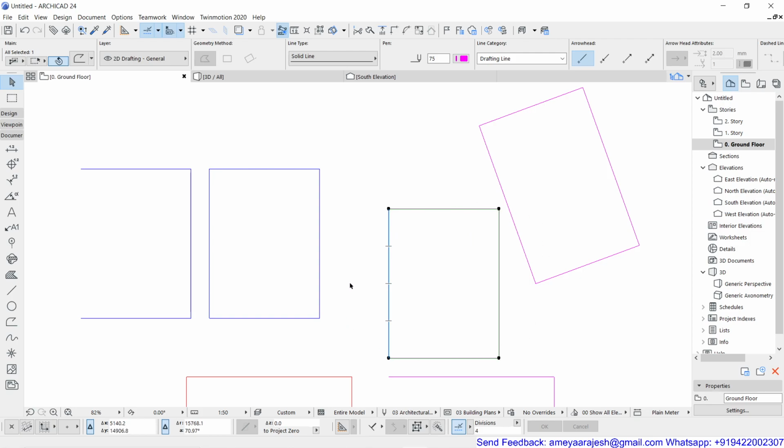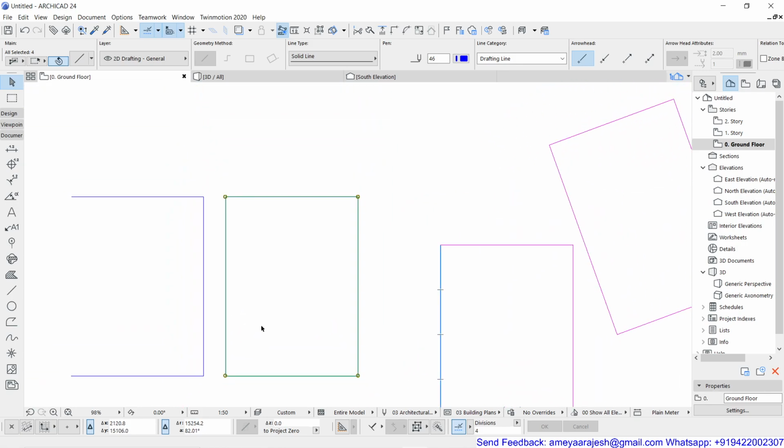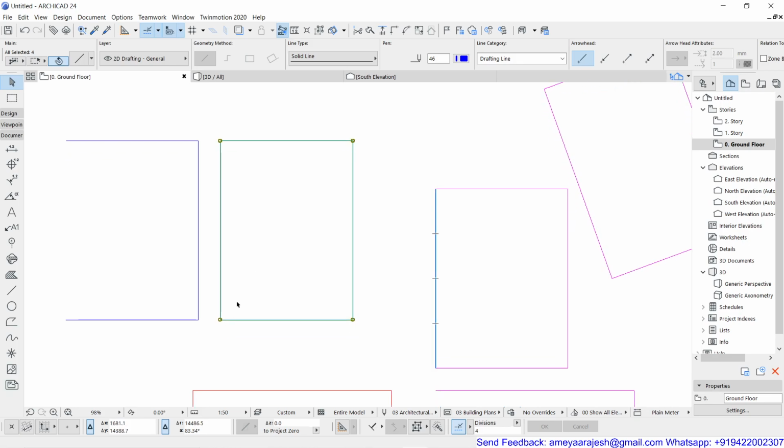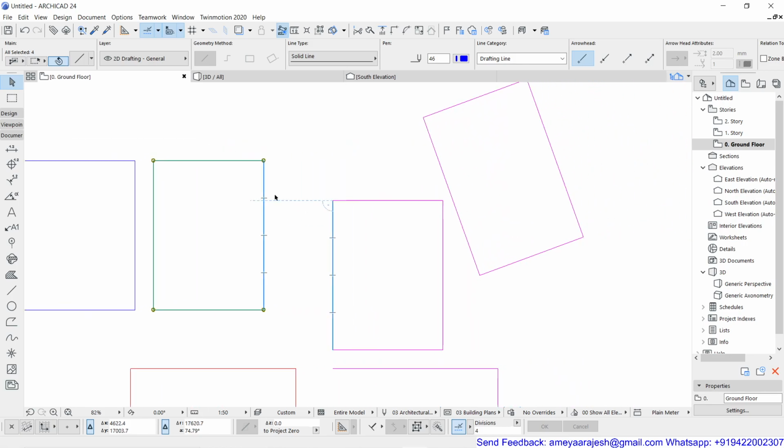On the other side, if I try to click this rectangle, you will see all the segments are getting selected, but see the difference in the nodes. Even if I zoom, the node size will not change, but just remember these nodes are hollow nodes. If you stay over here, it is getting listed as a line as the selected element in the description.